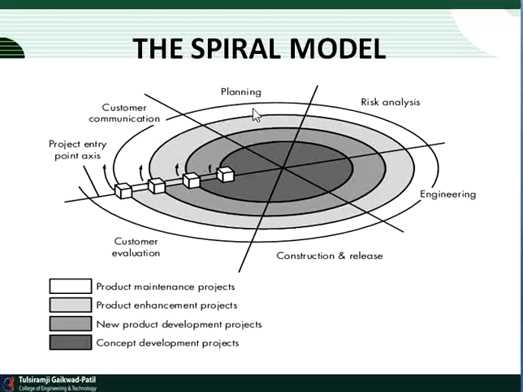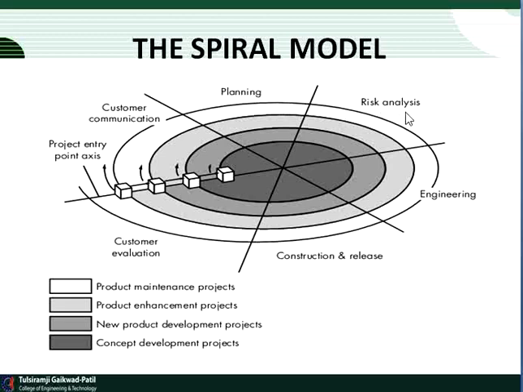Planning is the second step, the second phase of the spiral model. In the planning phase, the developer communicates with the team members for the processing, that is modeling, software design, etc. So in the planning phase, we discuss and finalize the design of the software.